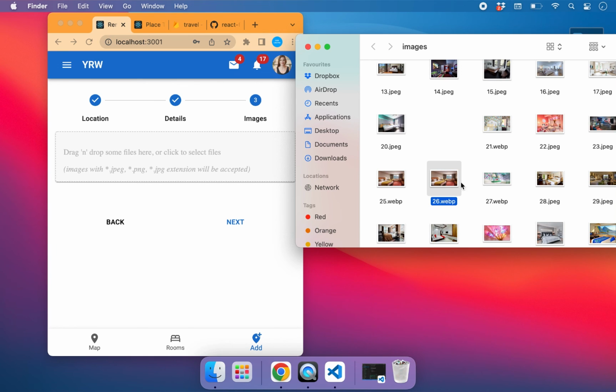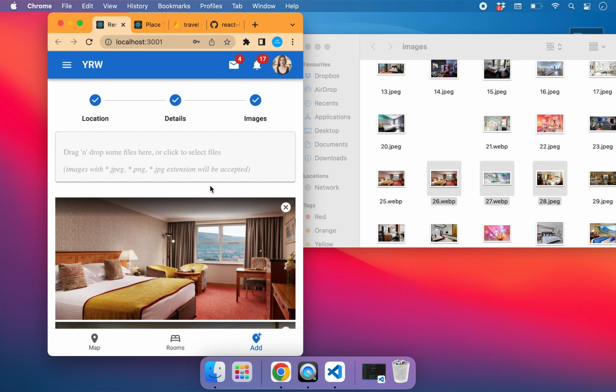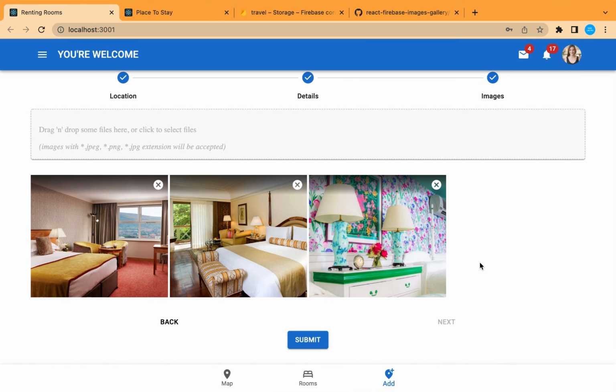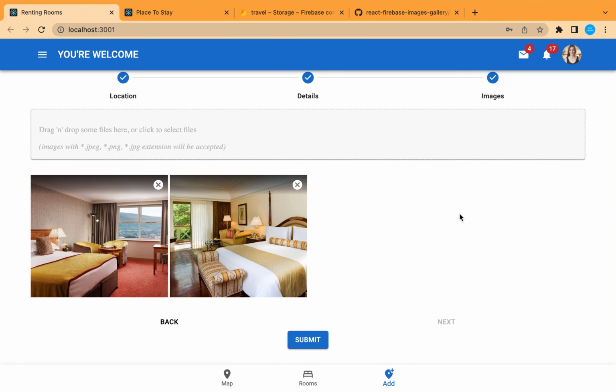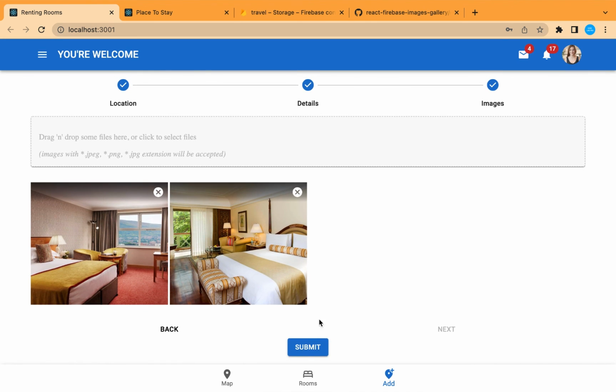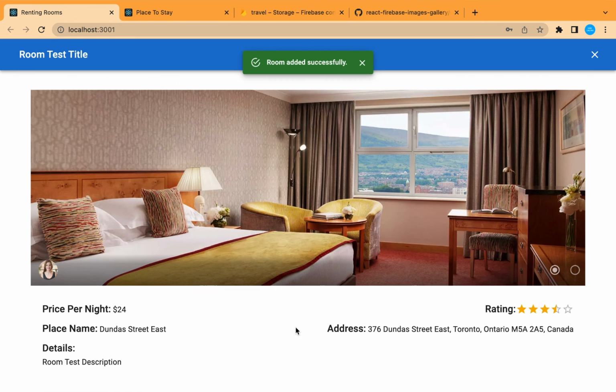We can drag and drop them into this box and they will be automatically uploaded. And if you don't like any of the images, you can delete it easily. The submit is now ready, we can submit and the room has been added